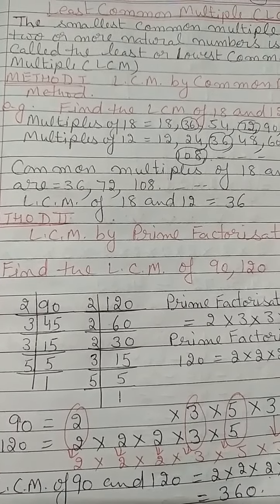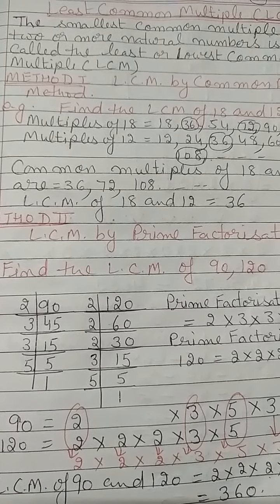So whatever we find, we can write the first two common numbers. Common multiples of 18 and 12 are 36, 72, 108, up to wherever I write the table. So we mark it endless, because there may be many common numbers between 18 and 12. Among these, the lowest first number that exists in both tables, we consider as LCM. Then LCM of 18 and 12 is equal to 360.